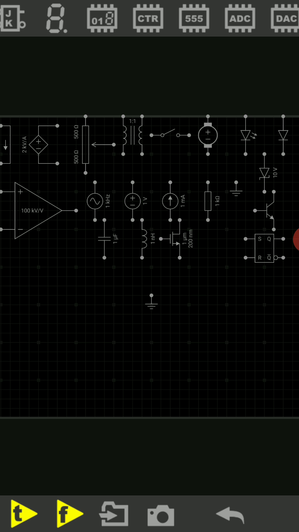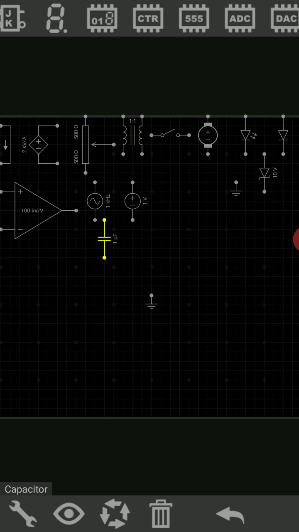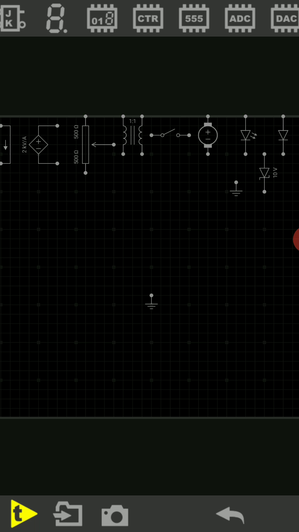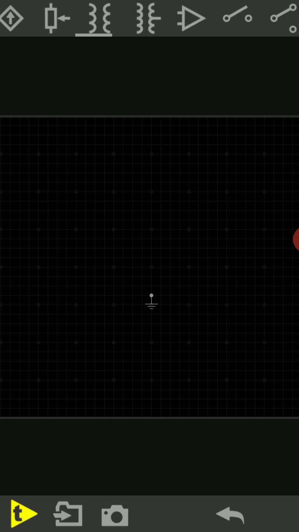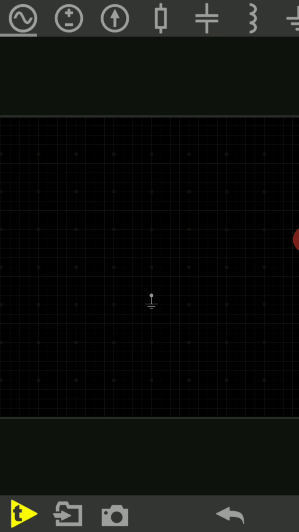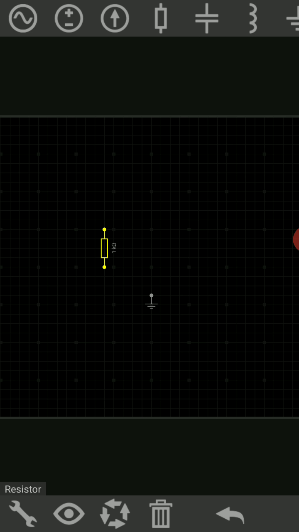So in this app, first we will verify the reciprocity theorem. So according to the reciprocity theorem, for a linear network we can interchange input and output. Input is also called excitation, output is called the response. So first I will select one linear network, and to that linear network I will connect some input and I will try to measure the output, and then I will interchange input and output, and that way I can verify the reciprocity theorem. So for that I will select a few resistances.